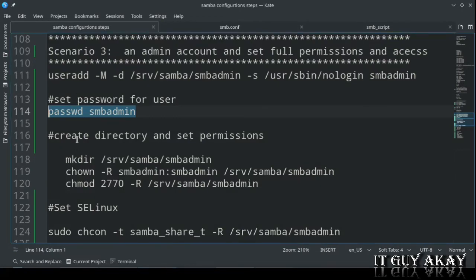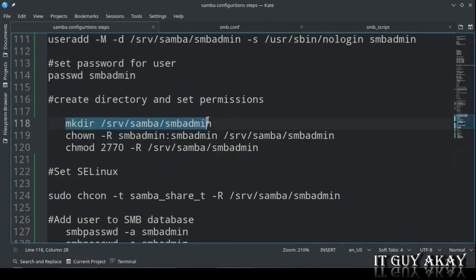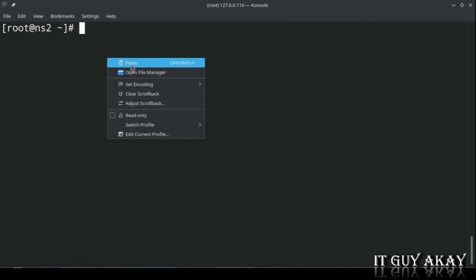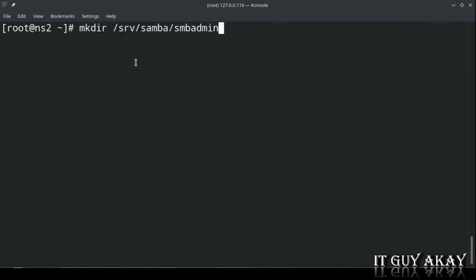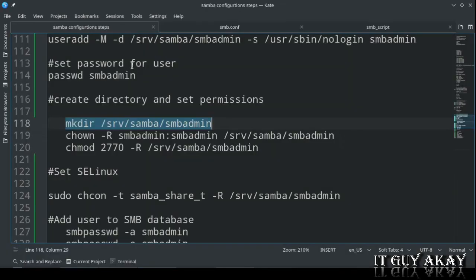Now create the directory which we have set as the home directory for the smbadmin user. Change the ownership for the directory.